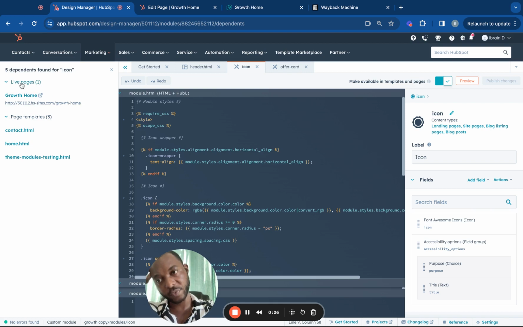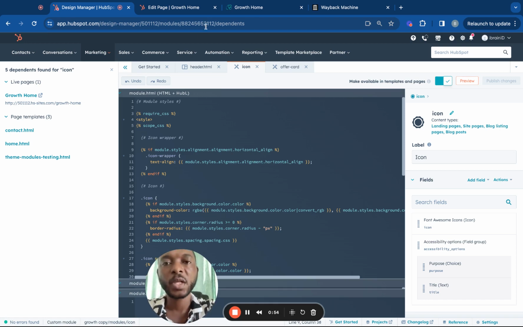The good thing with the live page is that with the new HubSpot drag and drop system, DND, the modules that you have here, the moment they're already on the page, they have their content. So even if you change their name, the module name is not going to affect your content there. But it's always recommended, if you can, to copy the contents that you have and